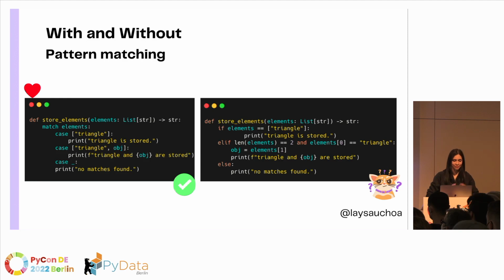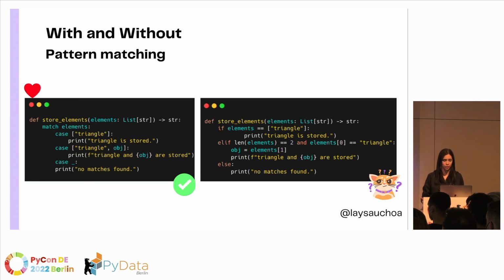Here we have with and without it. As I said before, I will be using a heart to mark comparisons here. On the side where there is a heart, you have the list, and this list is going to be your subject, and you're going to be looking for the patterns and trying to find a match. As you can see, it's very easy to understand. The first case is a single list, and you are looking for one element in the list, which is triangle. Does it match?